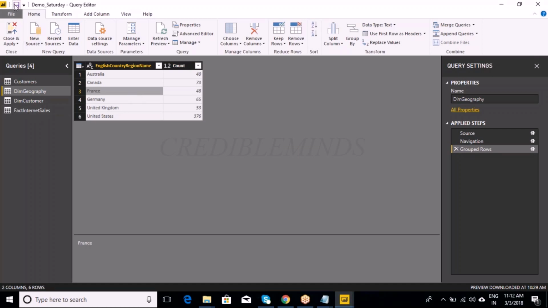So when I click on the save button, what will happen? My original table will be gone. Click on save. So this is what transformation means: if you want to make any changes in the source data, it is possible in Power BI also. But comparatively, if you go to MSBI, there we have a little bit more features, like a scheduling option or deployment, whatever it may be.